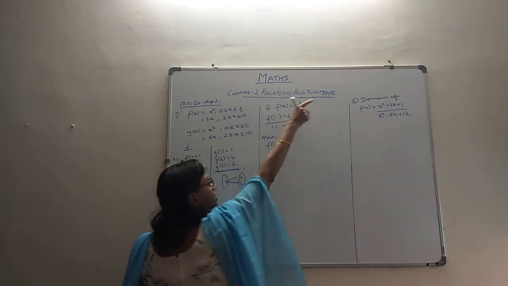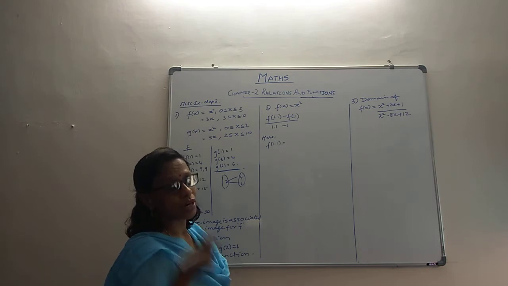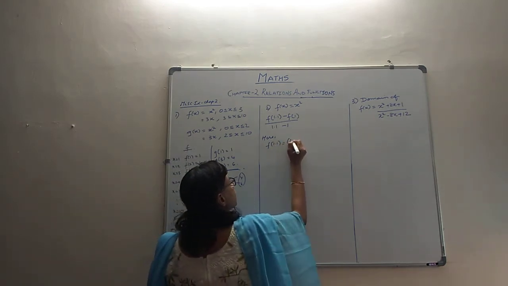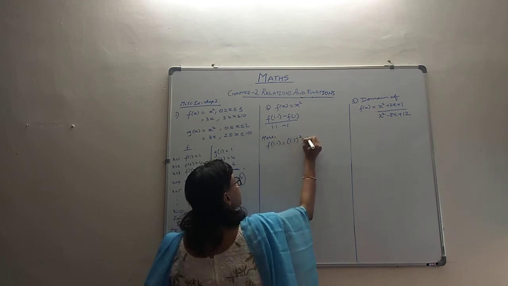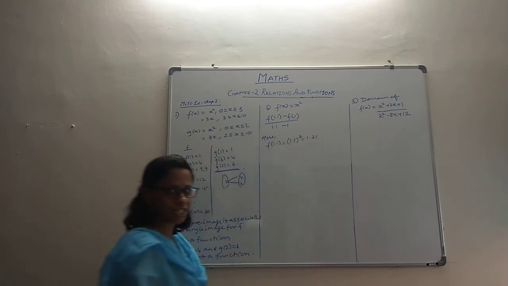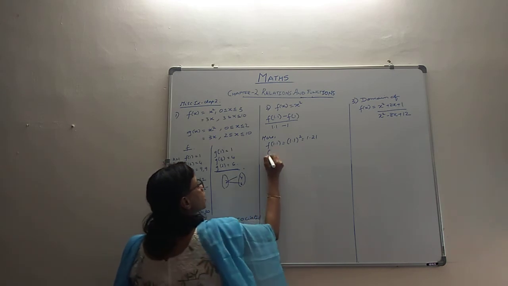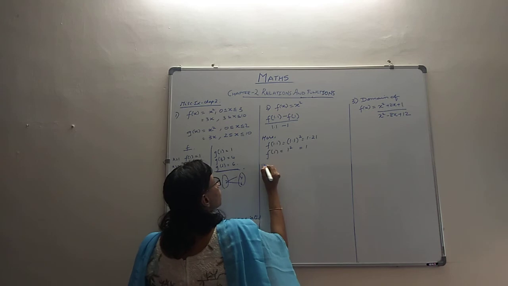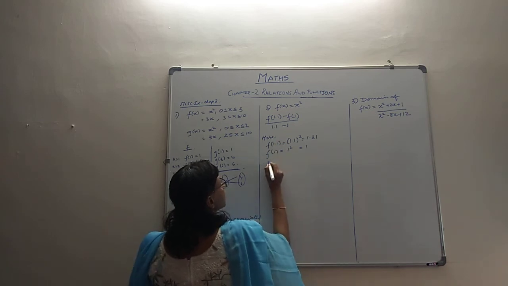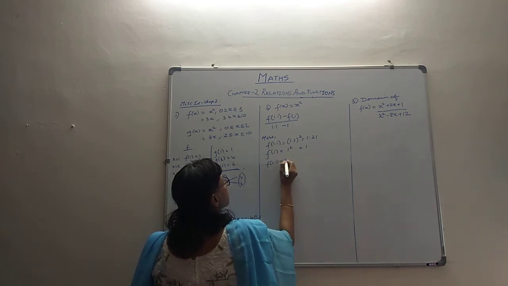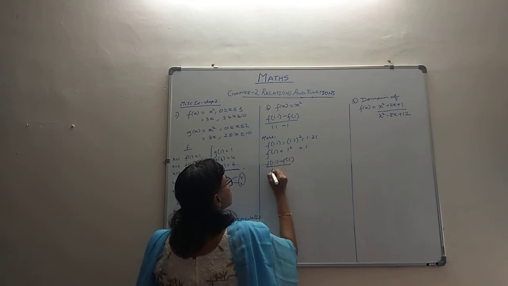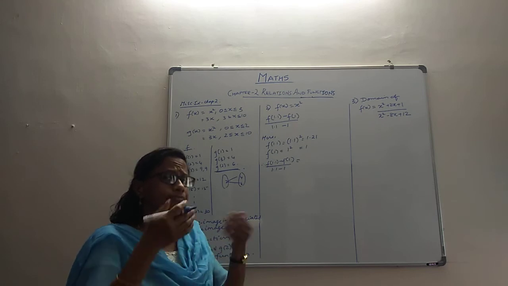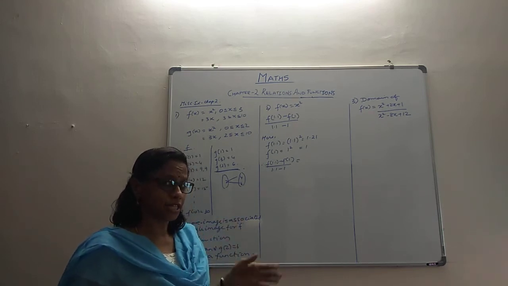We know that the definition of f of x is x squared, meaning whatever x comes, it should be squared. So 1.1 should become 1.1 squared, and we know that is 1.21 by calculation. Also f of 1 by definition will come to 1 squared, which is 1. Therefore, let's check this expression now. f of 1.1 minus f of 1 over 1.1 minus 1. We've got all the values.